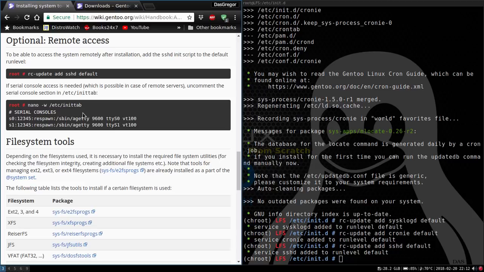Now here's something that's kind of interesting. It talks about if serial console access is needed, which is possible in case of remote servers, uncomment the serial console. Now most likely not too many of us will need that, but there is something else in the inittab that can be very handy. So if we edit the inittab, nano -w /etc/inittab,